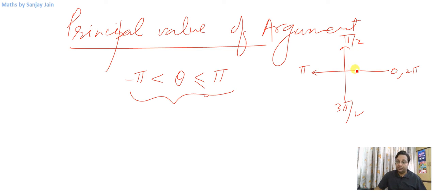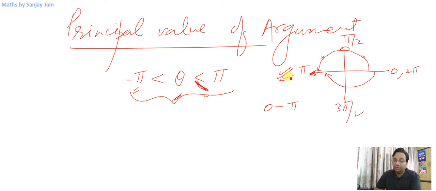How can I find this angle theta? Just by using that reference angle that we just spoke about. Now, if the angle is in first quadrant or second quadrant, we will go in anti-clockwise direction, 0 to pi, right? We will go from 0 to pi in anti-clockwise direction. And when I go 0 to minus pi, because minus pi and pi both are this ray, I have included pi here by this equality, but minus pi I have not included because I have already included it as pi.